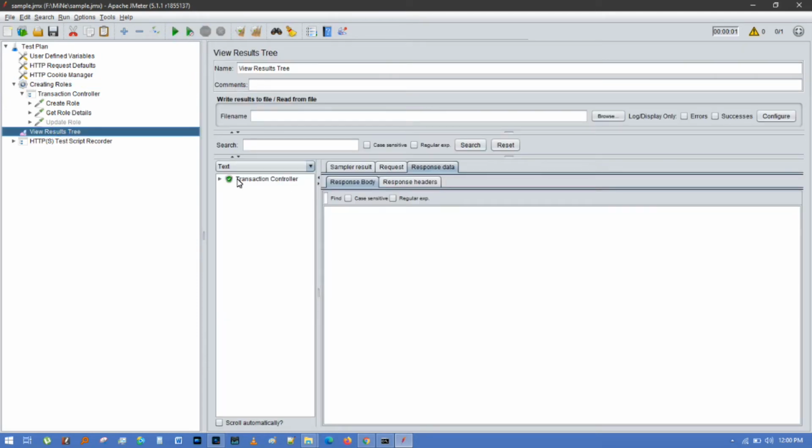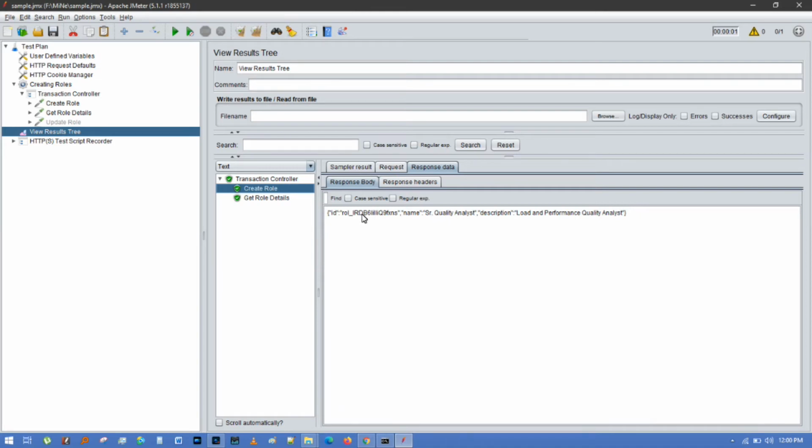As you can see in the result preview, we have successfully passed the two APIs. When we look into the first API, a role name is created, which is senior quality analyst, and this is its role ID.